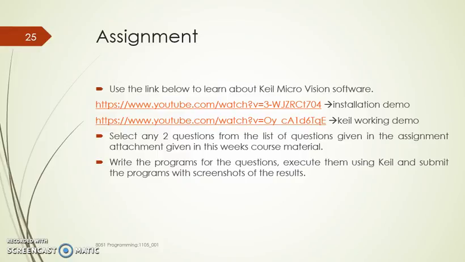In this week's assignment, we have given two links over here which will discuss how to install Keil MicroVision software and how you work using this particular software. So we would like you to go through these two videos, install Keil MicroVision software in your systems,